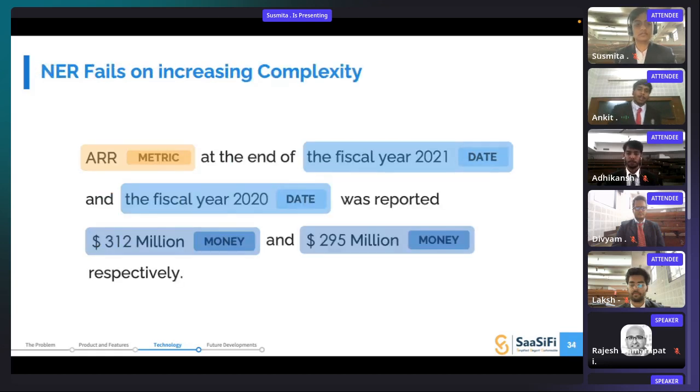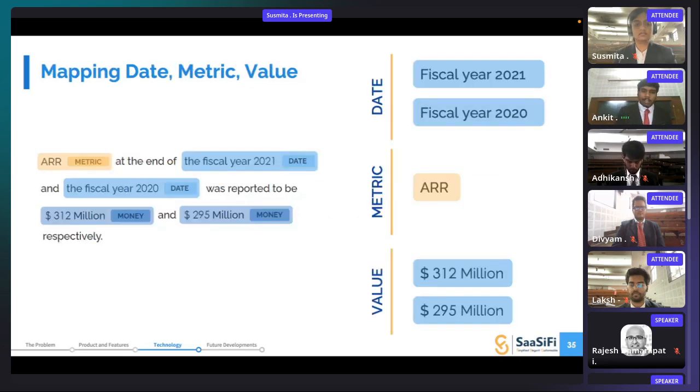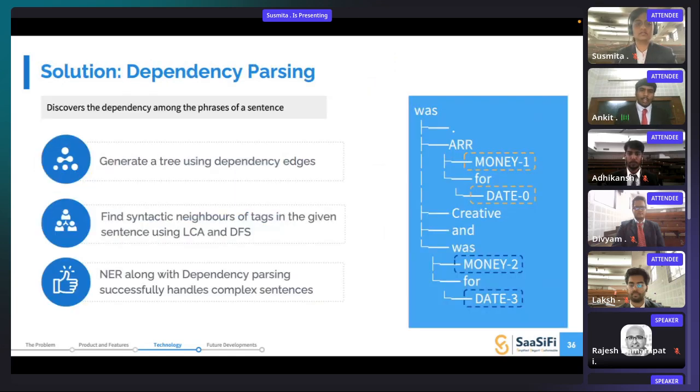But as we move forward with a slightly complex problem, as shown here, the basic logic fails. Mapping two dates with two values is the next problem here. This can also be achieved using dependency parsing. We construct a tree using the dependencies, and we map the corresponding money 1 with date 0 and money 2